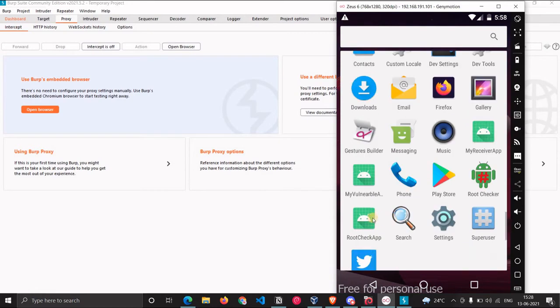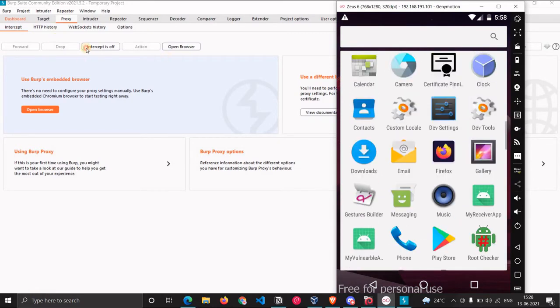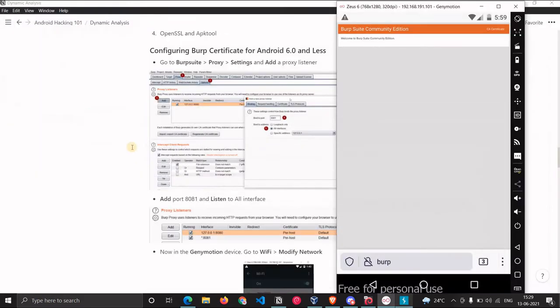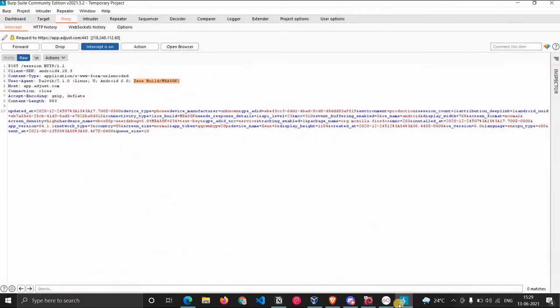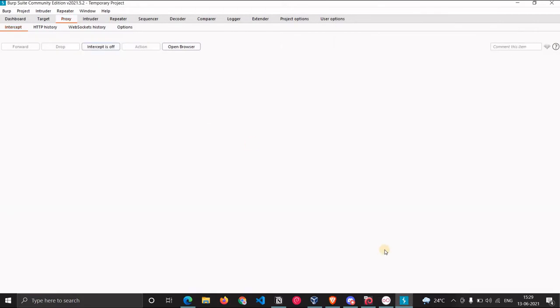So now if you check, let's say whether we can check for an application. You can see we are getting some traffic intercepted by this device. Since we have installed the Burp certificate, we can intercept the traffic of the device.